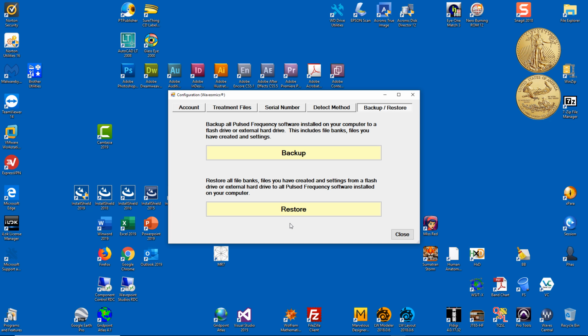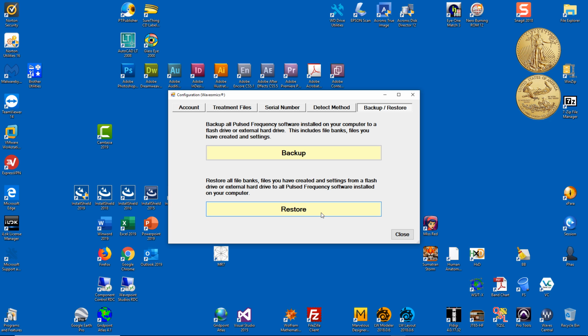Now, what are these functions useful for? If you want an additional backup, if you're a person or a clinic and you want to back up these treatment files of your patients or your clientele, this is a quick way to back them up to an external storage device. Another use of this capability is you can back up your desktop computer and you can restore the